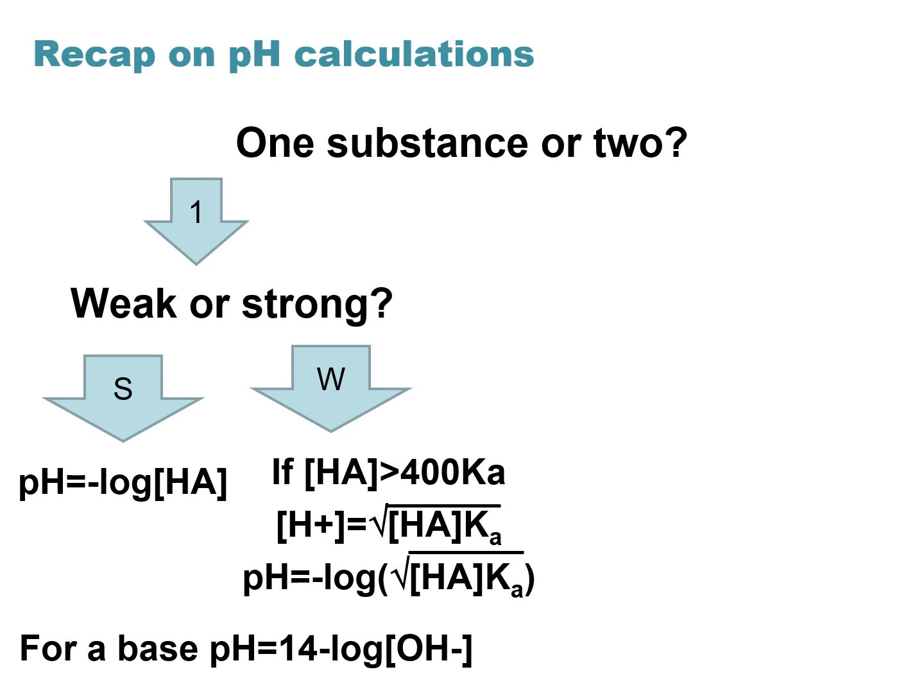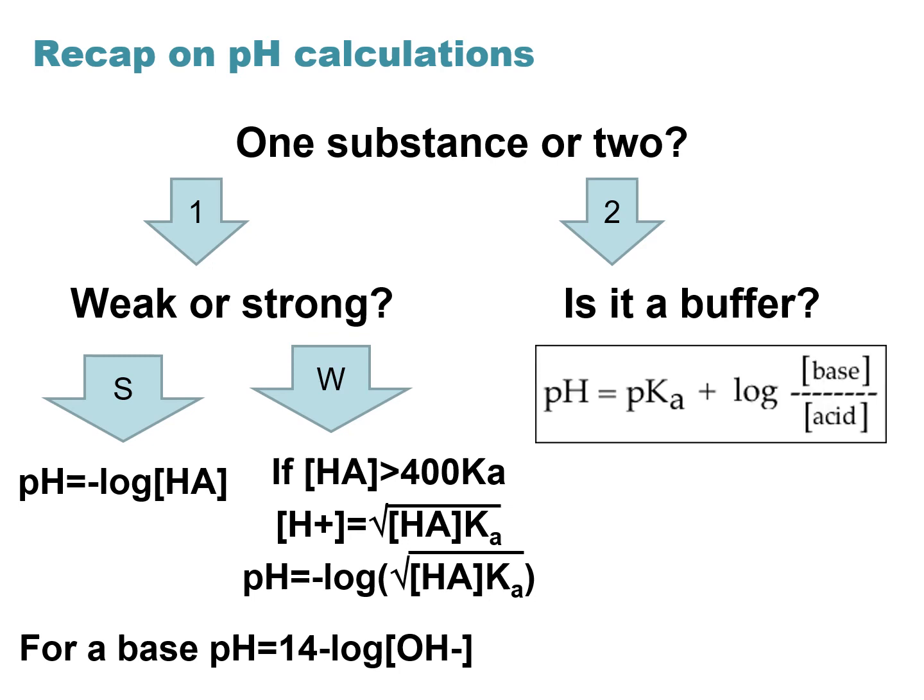If you have a base, you just need to remember that the pH is going to be equal to 14 minus the pOH, which is the negative logarithm of the OH minus. So you would calculate the concentration of the OH minus, then you can calculate the pOH from that, and then from that you can calculate the pH. If you have two substances, you likely have a buffer. So check if it's a buffer. Are those two substances a weak acid and a conjugate base, or a weak base and a conjugate acid? If the answer is yes, then you have a buffer and you have to use the Henderson-Hasselbalch